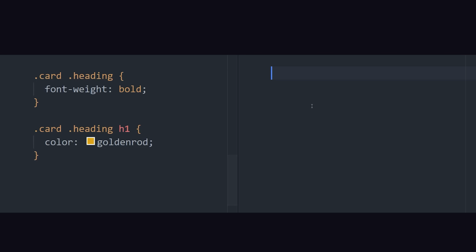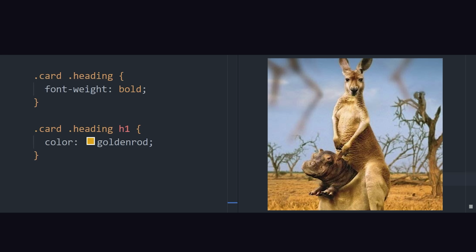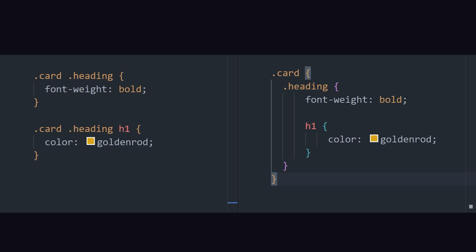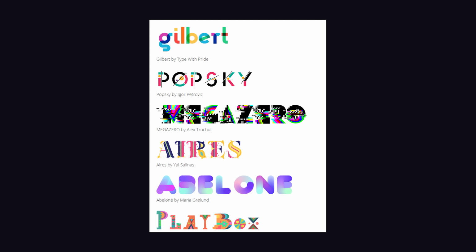It's purely an ergonomic feature that allows you to write styles in a far more concise and readable way by nesting them inside a parent, just like a kangaroo in a pouch, which eliminates tons of duplicated class names from your code. But another very interesting new feature is color fonts, also known as chromatic fonts, that use multiple colors